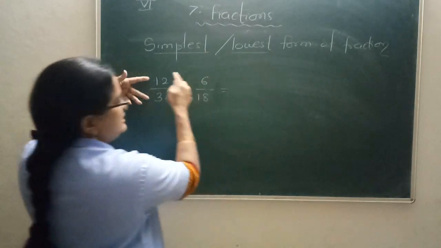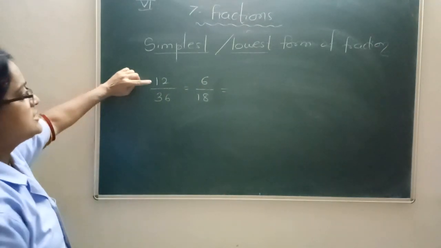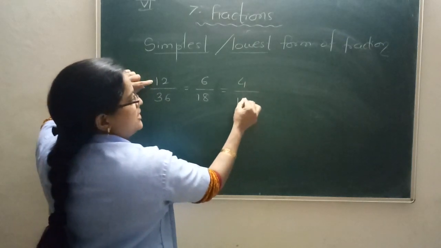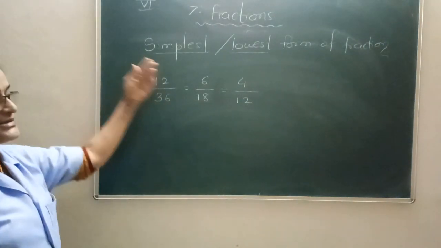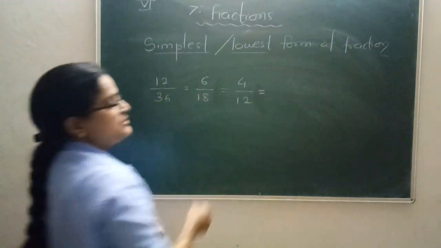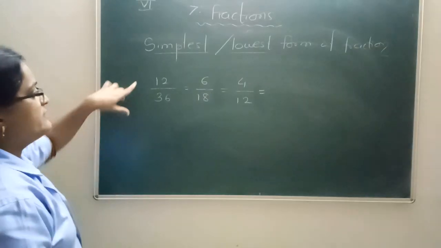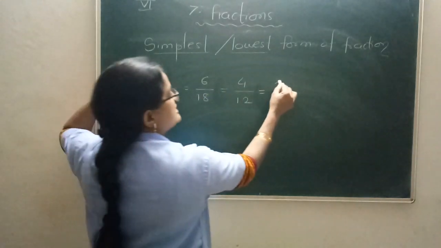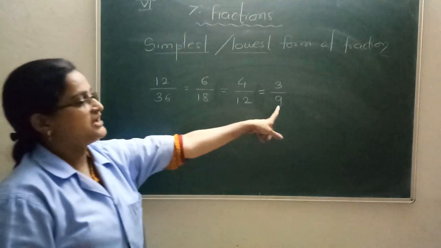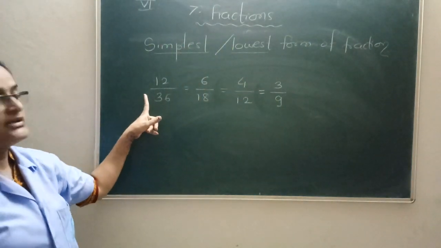So even I can divide them by 3 and get one fraction. See, what is that? 4 3s are 12 and 12 3s are 36. So this is also equivalent to this. Now again, both of them are also divisible by 4. So I will divide them by 4. 4 3s are 12 and 4 9s are 36. So this fraction also will be equivalent to this.